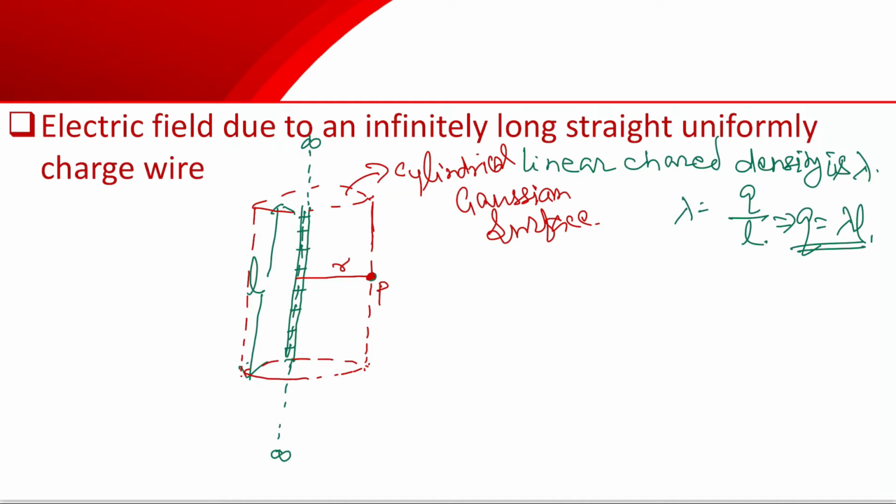Now, as we see, here there are three surfaces. One is this, and let a small portion of this have its area vector in this direction, ds1, and the electric field at this position will be in this direction, E. The angle will be 90 degrees, so the angle between ds1 and E will be 90 degrees.